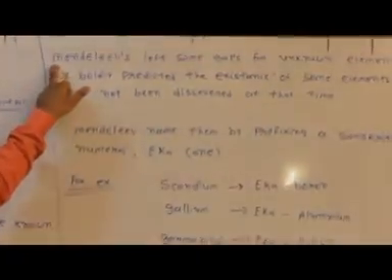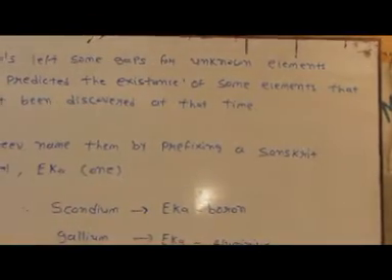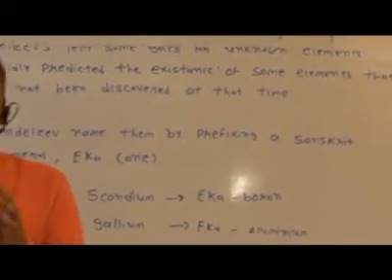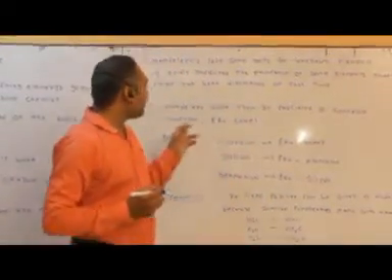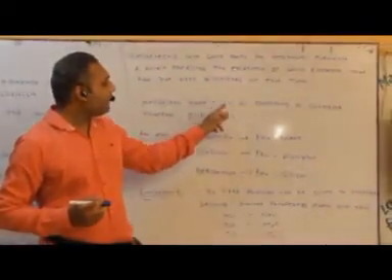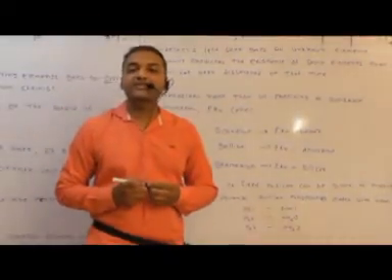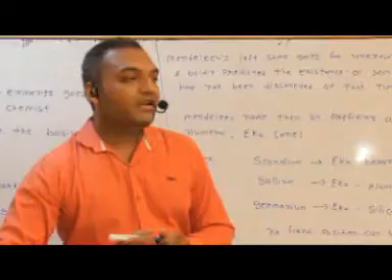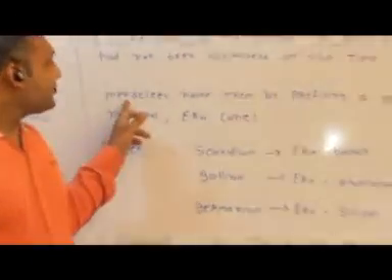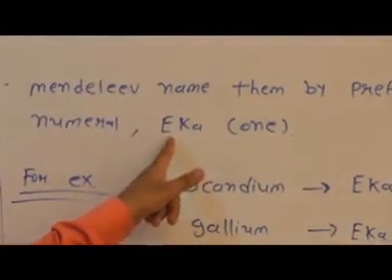Mendeleev knew that the element belonging in a gap would have a mass that is an average between two other elements. Mendeleev named them by prefixing the Sanskrit numeral Eka. Eka means 1. At that time the element was not discovered, so Mendeleev used the prefix Eka, meaning 1. For example,